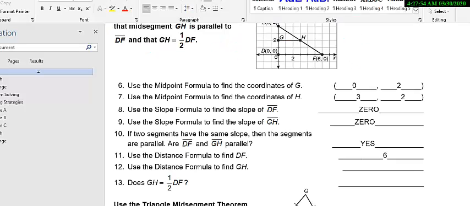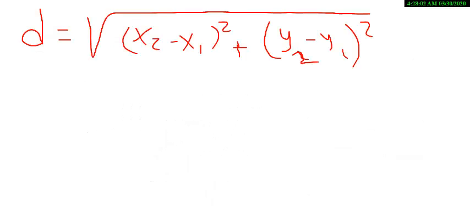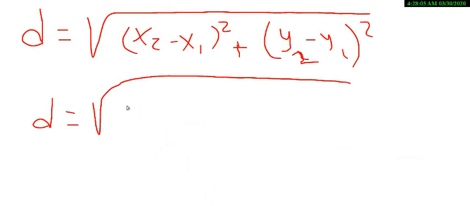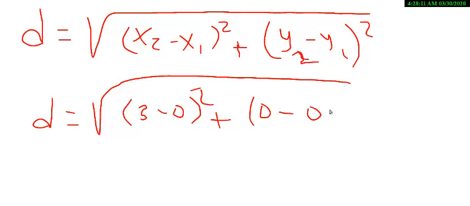Back again to the question, I have to go through the 2 points, which are G and H. So for the x's it will be 3 minus 0 to the power of 2. D equals the square root of 3 minus 0 to the power of 2 plus